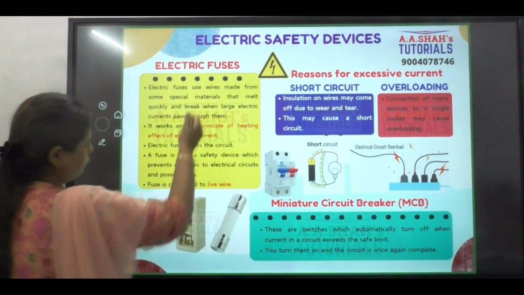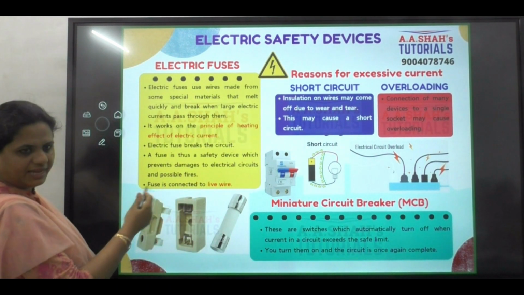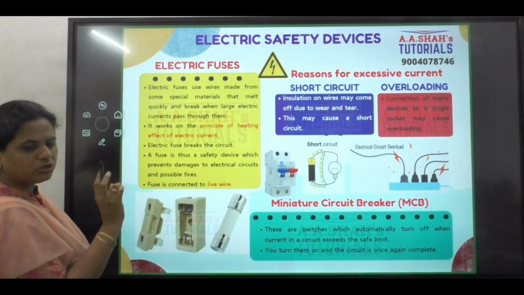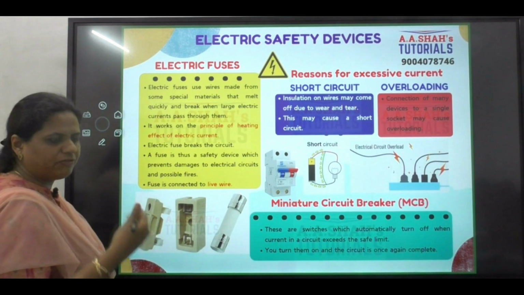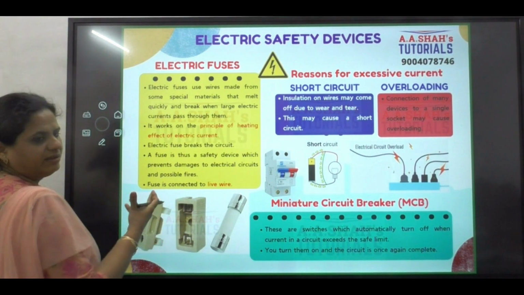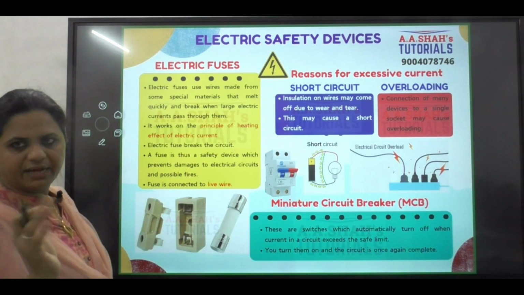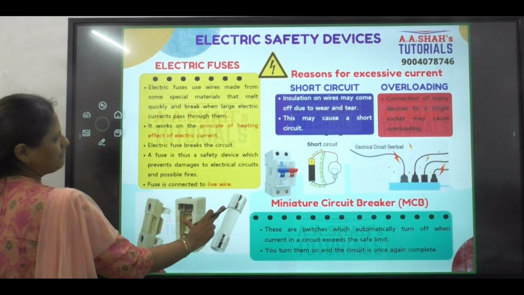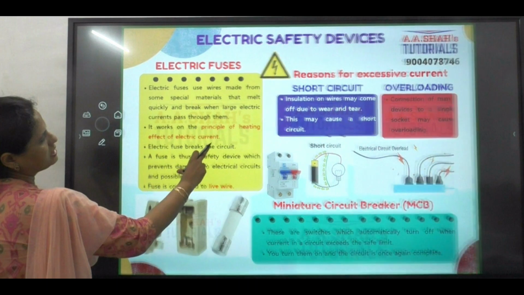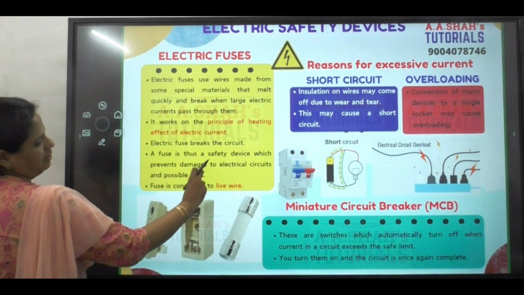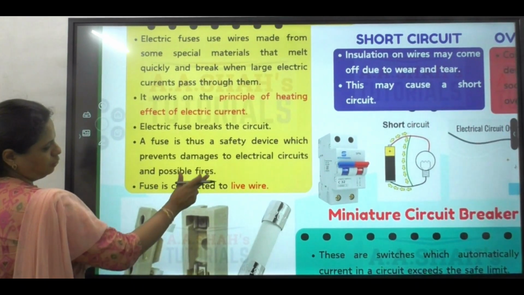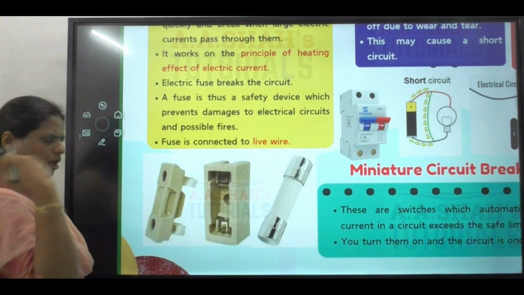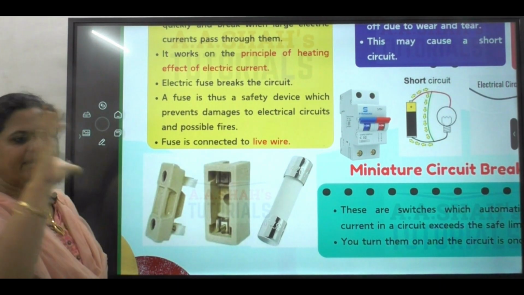And you must have heard of them, or at least you must have seen them. One is electric fuse. Have you ever seen this? Yeah. Electric fuse. Fuse उड़ जाता है. Then sometimes in your house the fuse goes off and it's completely dark. All the rooms are dark. Yeah. So what happens is in electric fuse, this is what you would generally see. And today also electric fuses are used for entire house.